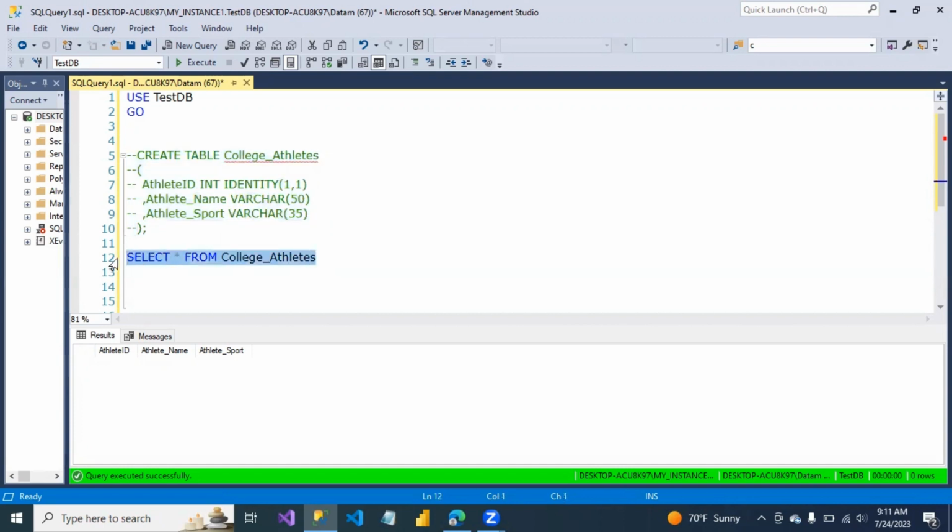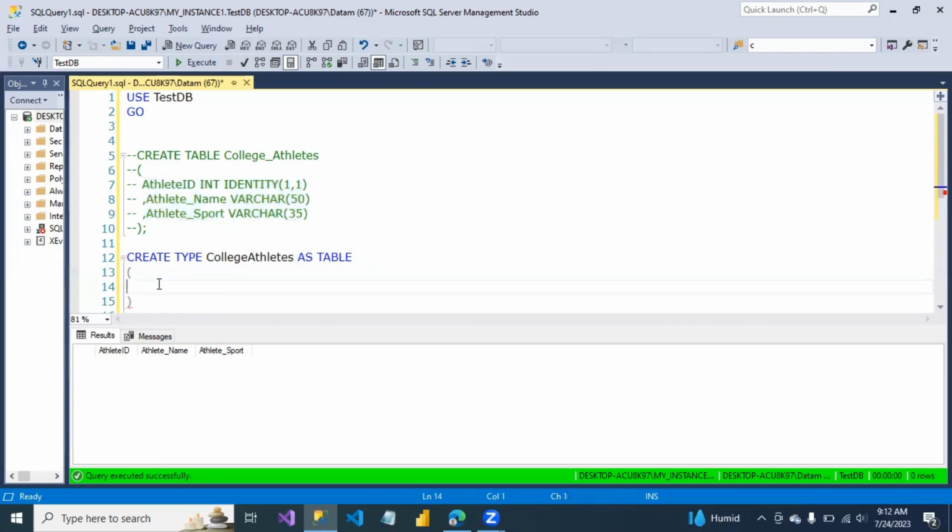All right, so first step is we have to create a UDT. So create type, we'll say college athletes. You can name it whatever you want, but the metadata of the columns have to be the same. So create type college athletes as table. Come inside here, open and close parentheses. And we're actually going to take all of this,